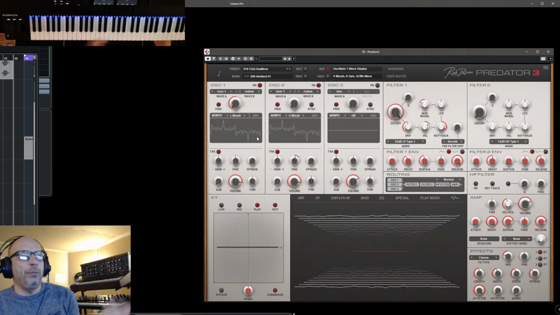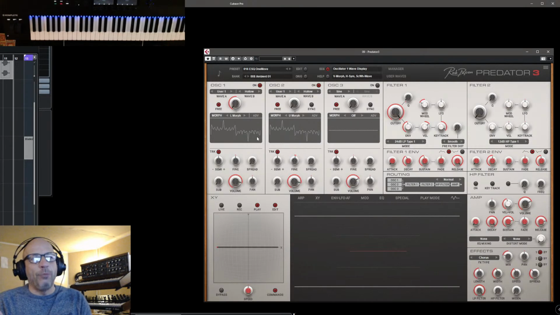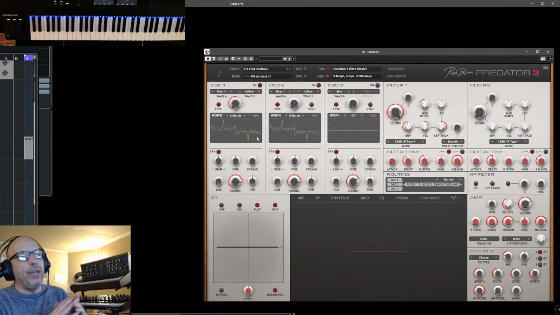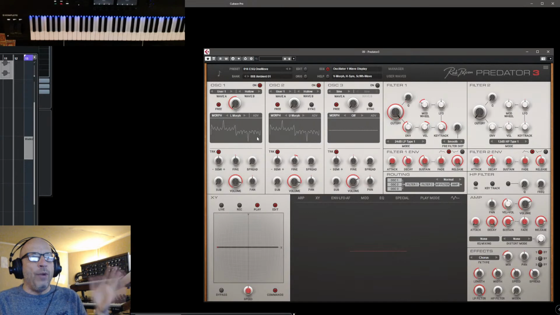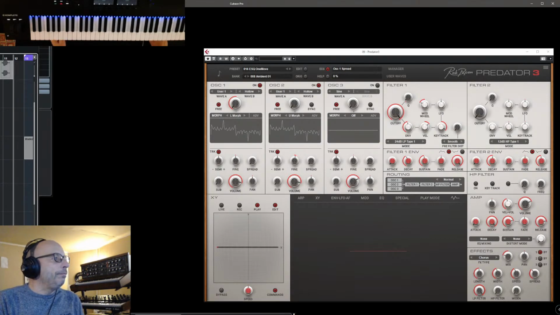Of course, it works differently because it morphs between two different waveforms or between 8 waveforms. And on a Microwave, you have a wavetable with 64 waves which have a particular character. So here it's a bit more freedom, but of course it's also a newer generation of synthesizer and a different approach. So in terms of synthesis, Predator 3 has subtractive and this hybrid wavetable kind of thing. And then if we go to Blue 2,